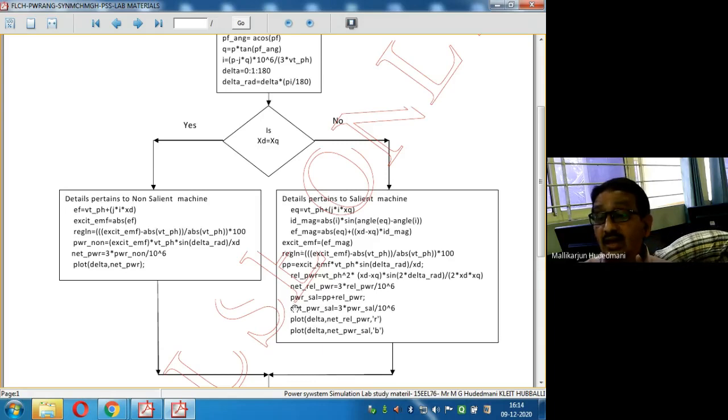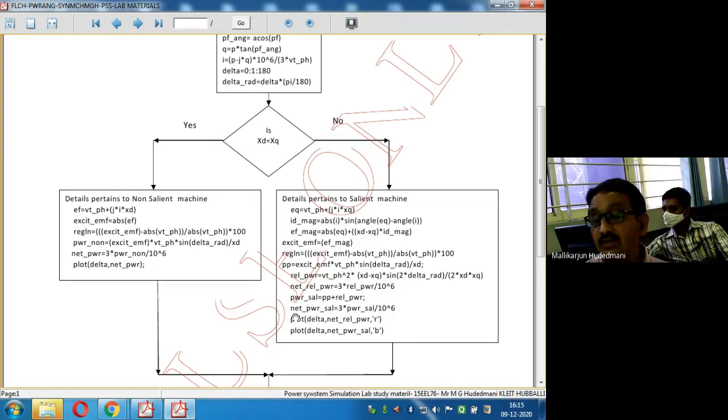To do that, I have to take power salient, power total. Hence, I'll be doing these calculations, PP and reluctance power into power salient. Power salient equals PP plus reluctance power, and net power salient equals 3 into the previous step. In the previous step what did I do? PP plus reluctance power, I am adding PP and reluctance power. Outside I am doing 3. Can you see over here? Net power salient, like a net power, 3 into total power.